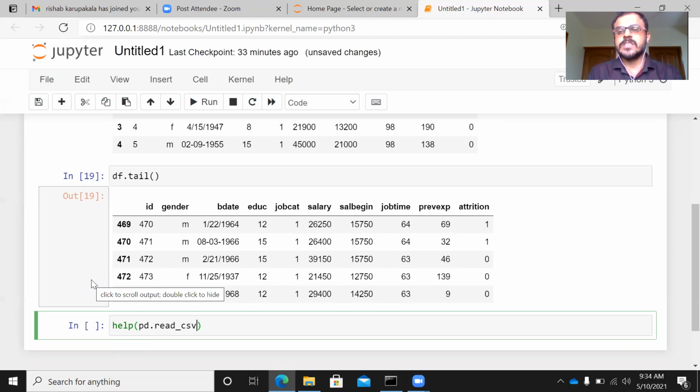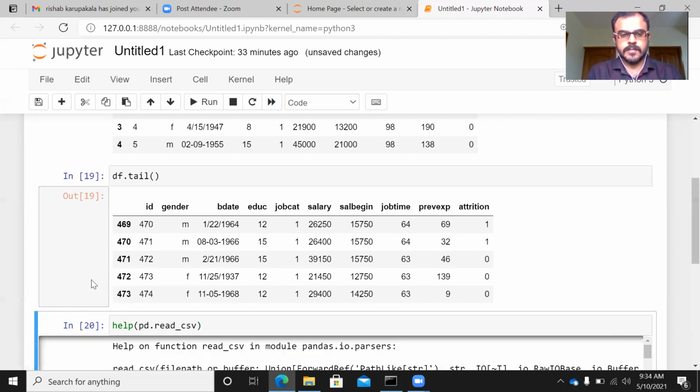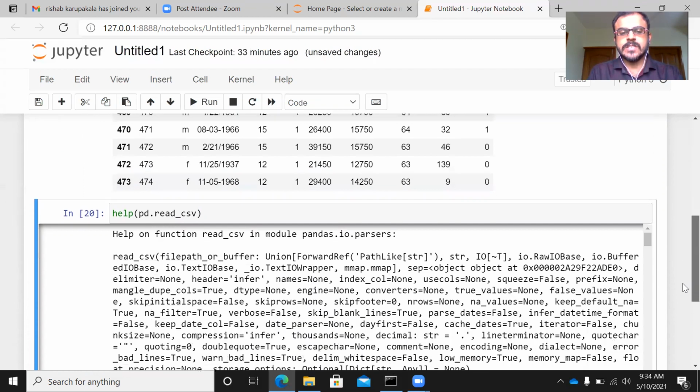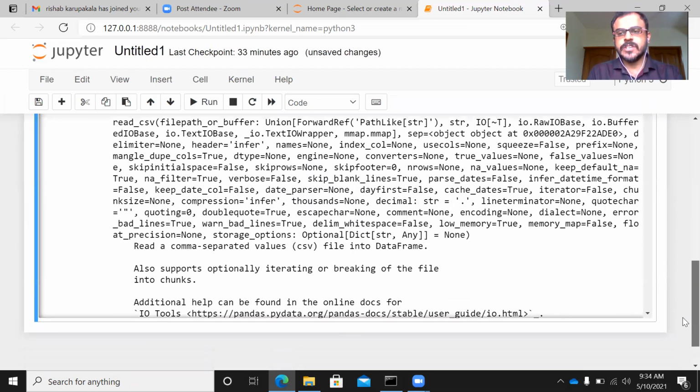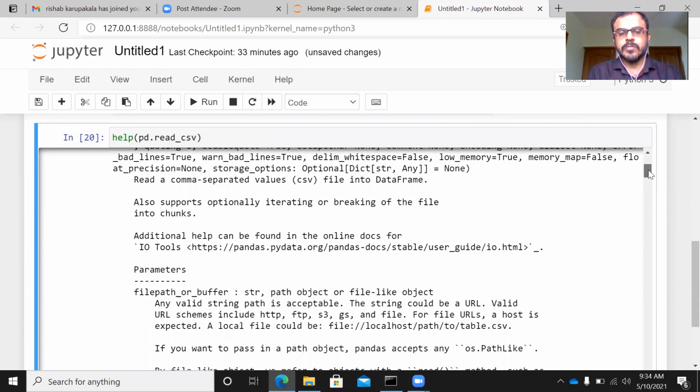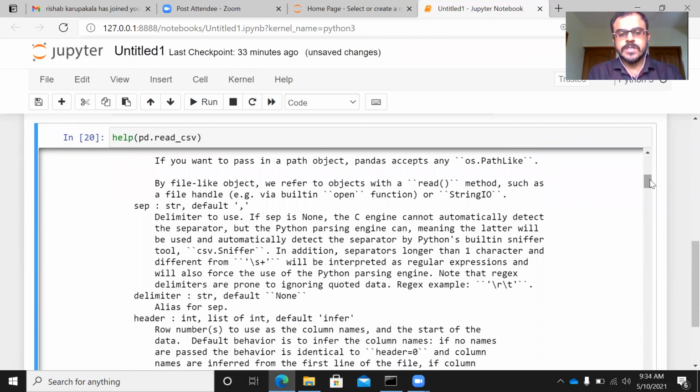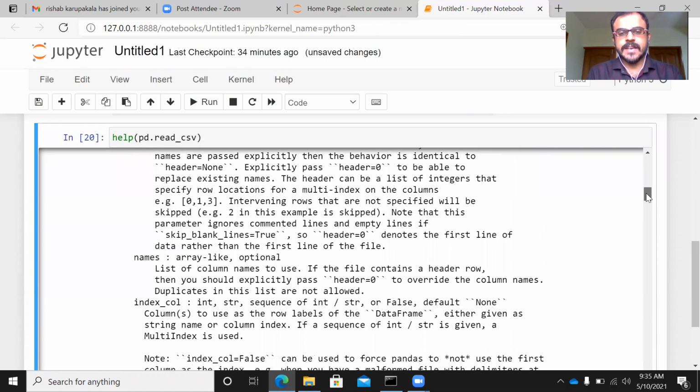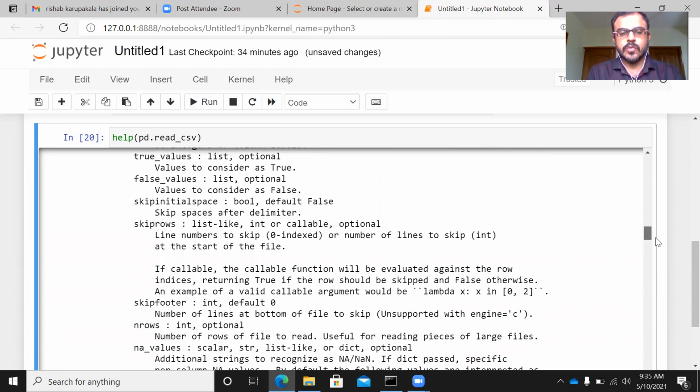Within the first 2 searches, you should be able to find the pandas documentation. Once you type help of read_csv, it gives a detailed explanation of the various arguments that you can use within read_csv. As you can see here, sep or separator is one of the arguments, header, and so on and so forth.